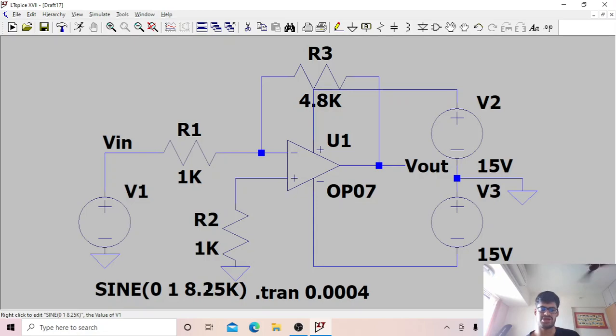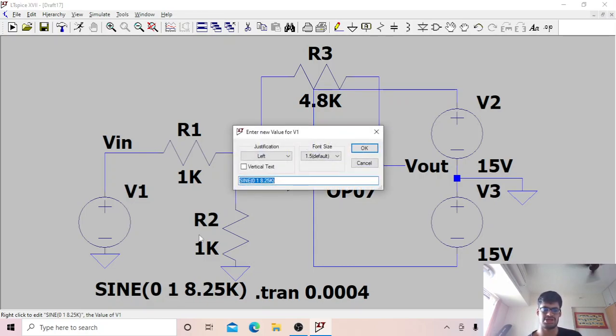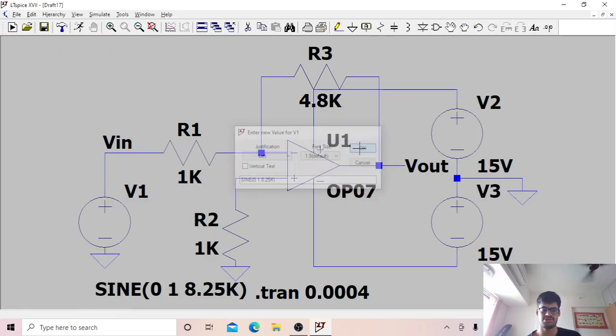We can also apply a DC offset to check the difference in saturation voltage in these three amplifiers. We go to the sine source and change the zero value of the DC offset to the value given in the datasheet of these amplifiers, and we can see that a slight change in saturation voltage is observed.